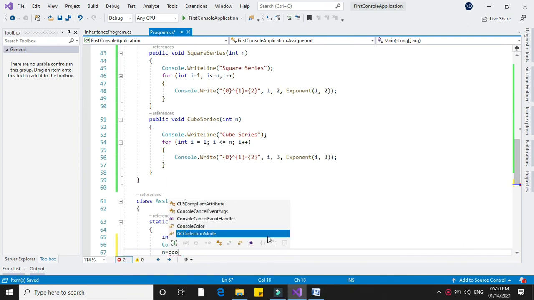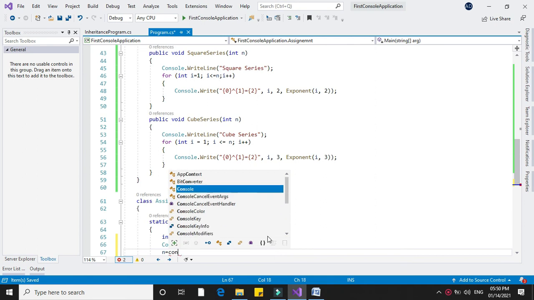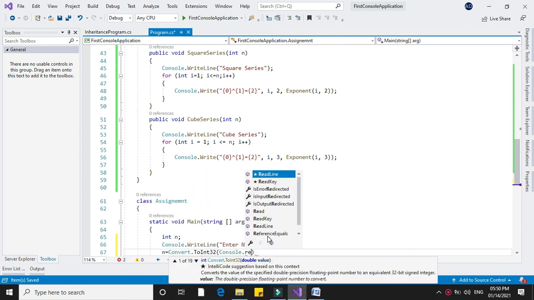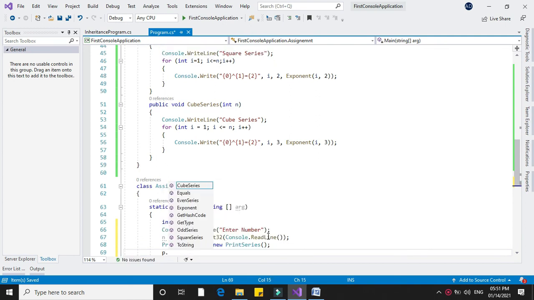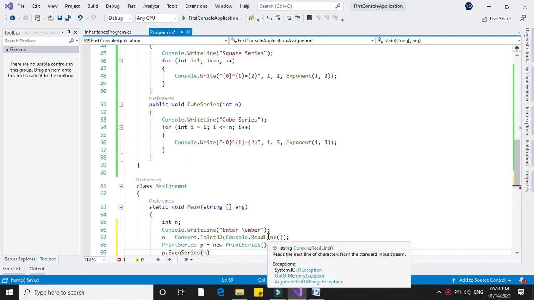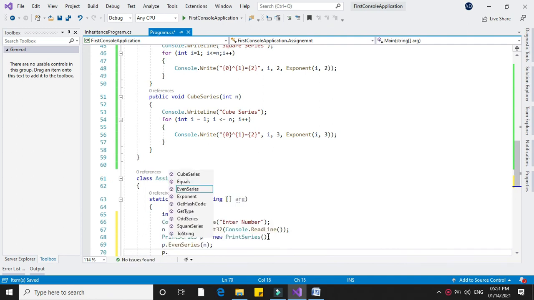In n we will accept it using the Convert method. We will create an object of print series, and we will execute the methods written in the class, and I will pass the value of n as a parameter.